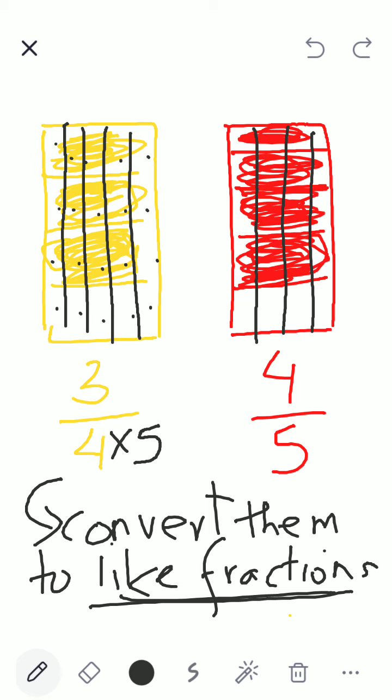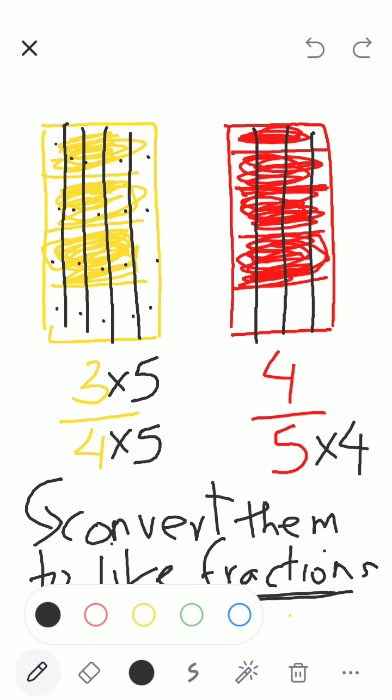The yellow chocolate I further cut into 5 pieces. So I got now totally 20 pieces in the denominator. Correct? The red chocolate I cut into 4 pieces. I got 20 pieces in the denominator. But the moment I multiply the denominator by 5, I should also multiply the numerator by 5. Correct? Yes. But children, I'm making you all understand visually first. Then I will teach all the technique.